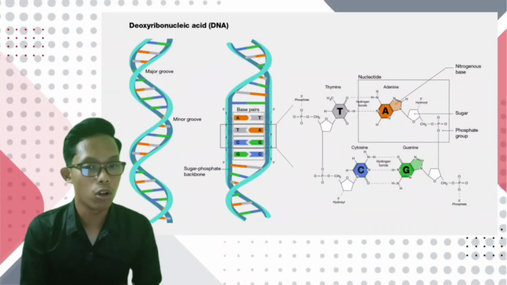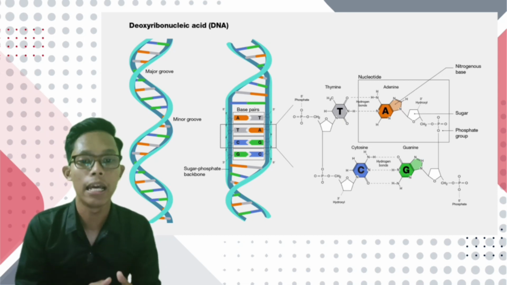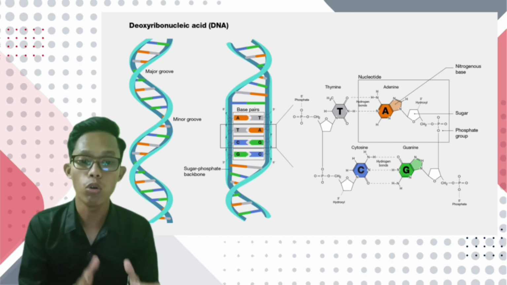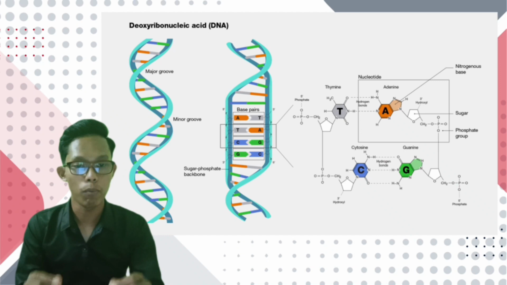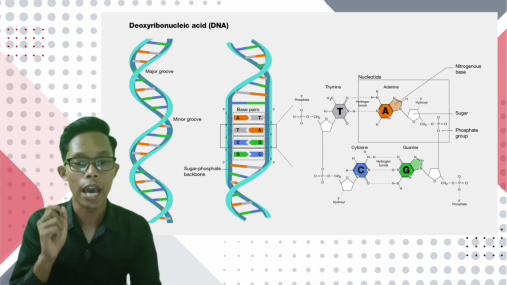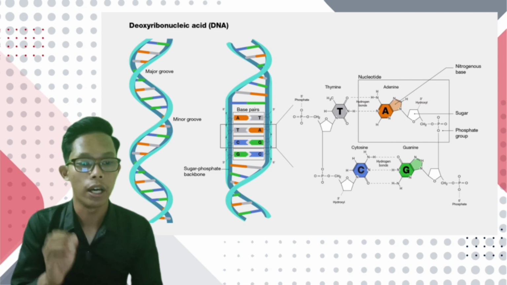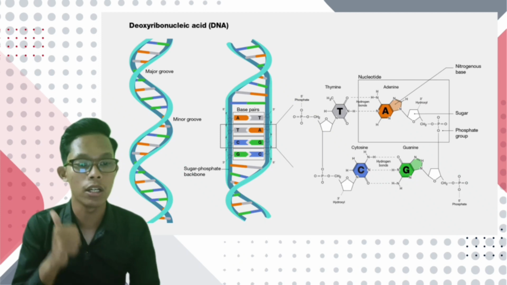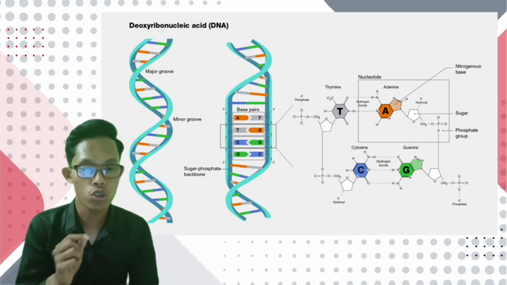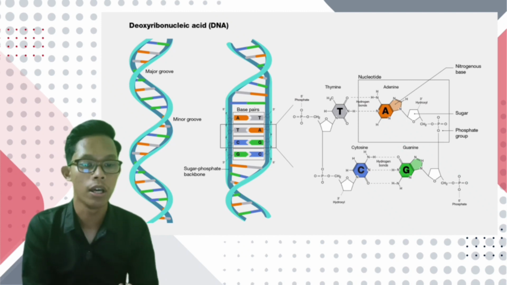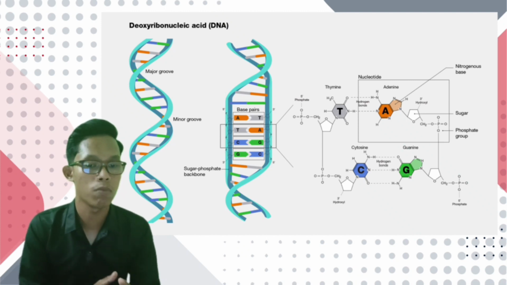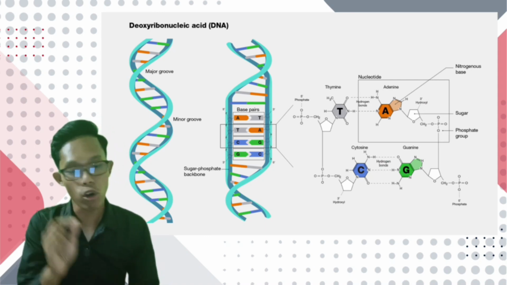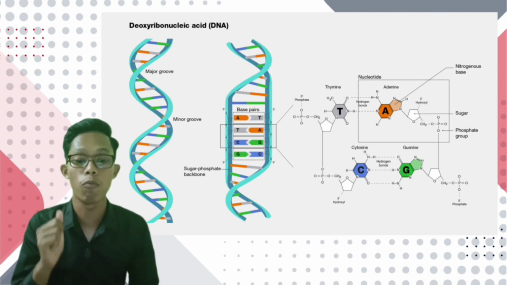Deoxyribonucleic acid is the molecule that carries genetic information for the development and functioning of an organism. DNA is made of two linked strands that wind around each other to resemble a twisted ladder, a shape known as a double helix. Each strand has a backbone made of alternating sugar and phosphate groups. Attached to each sugar is one of the four bases, which are adenine, cytosine, guanine, or thymine. The two strands are connected by chemical bonds between the bases. Adenine bonds with thymine and cytosine bonds with guanine. The sequence of the bases along the DNA backbone encodes biological information, such as the instructions for making a protein or